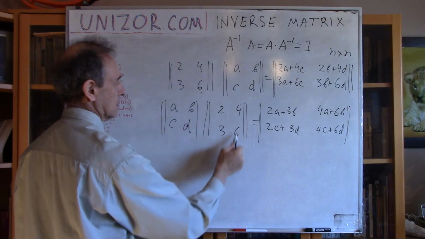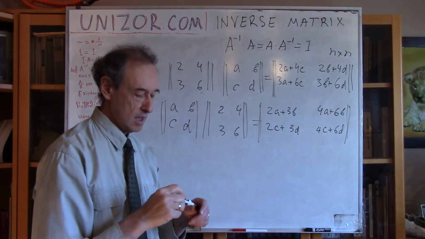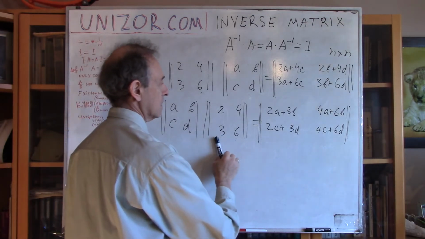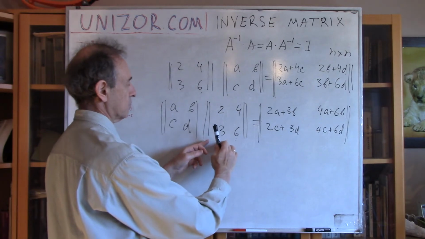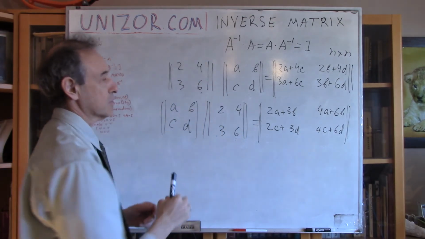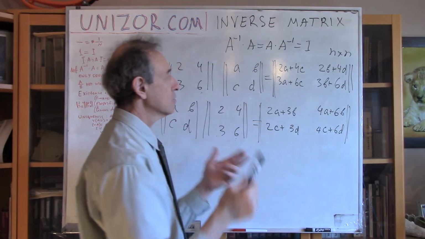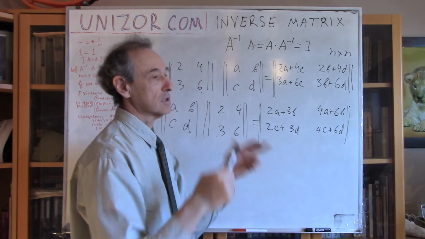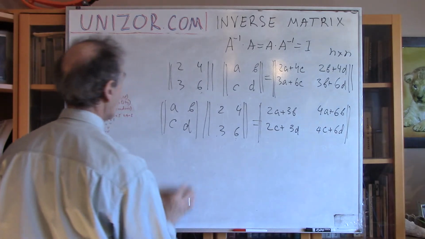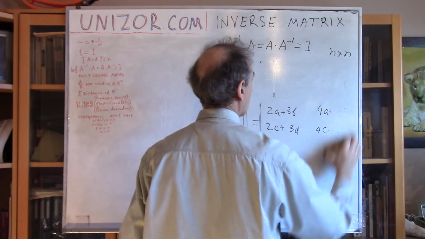so this is double this, similarly to this. This column is double this column. So this proportionality again is preserved. Proportionality between the columns is preserved if we multiply this particular matrix on the right, and proportionality between the rows when you multiply on the left. And again, in the identity matrix, there are no columns or rows proportional to each other. So that's another, a little bit less trivial, example of a non-existent